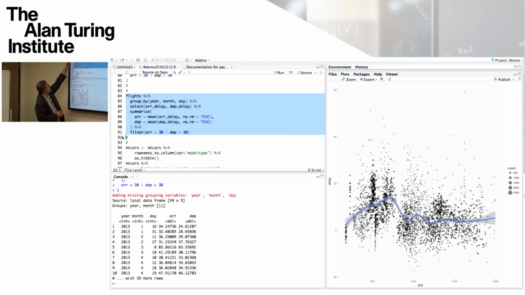So this is a way we can now chain things together. Flights becomes the first argument to group by, together with these arguments, which is now the left-hand side of the next expression, which gets piped through as the first argument to select, which also has these additional arguments. The output of that is then moved to summarize and then to filter. So with that convention that the first argument to your verb is what you want to get piped in from the left-hand side, then this all runs together very nicely and smoothly.